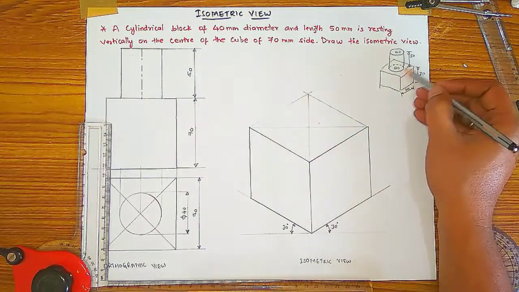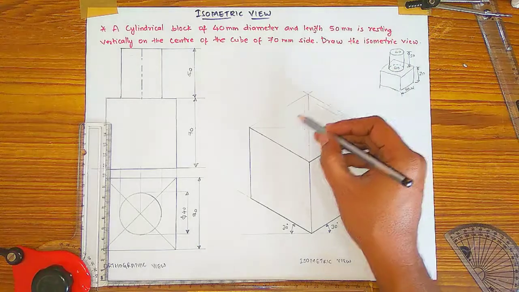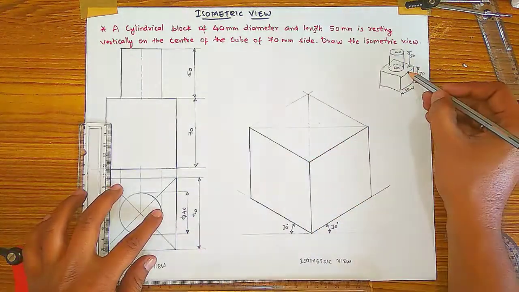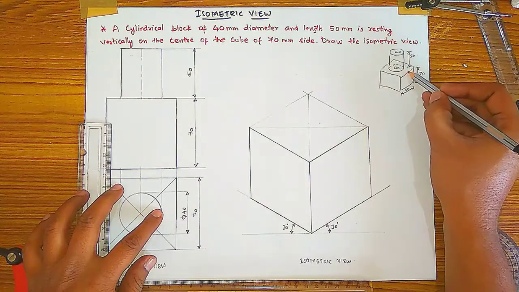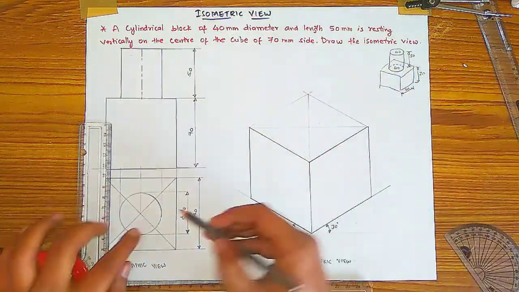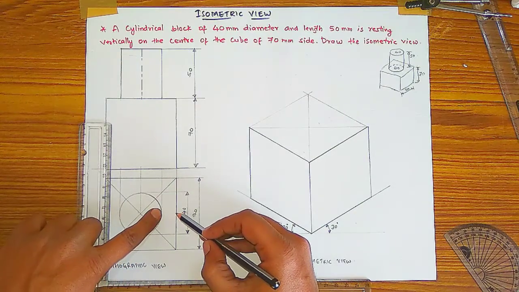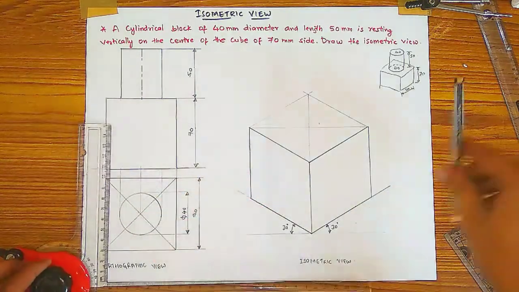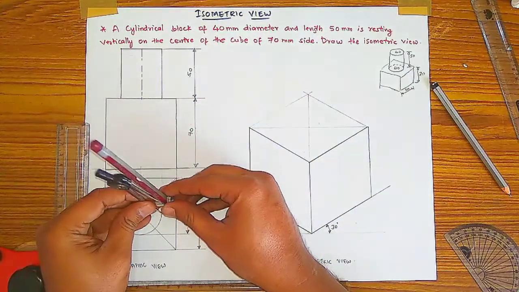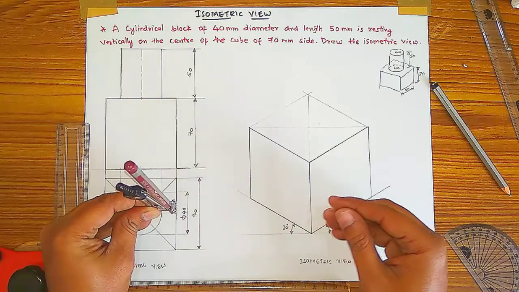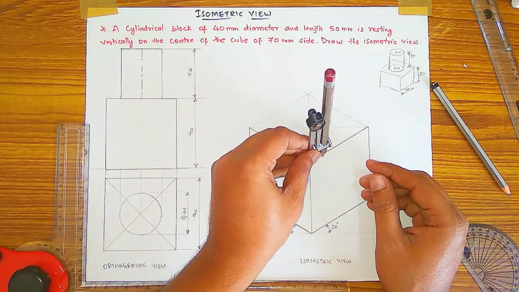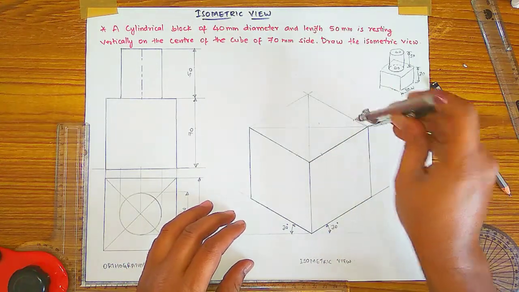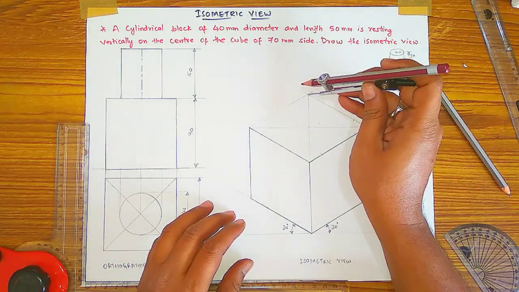On this cube only your cylinder is resting. The cylinder has a 40 mm diameter, centrally placed, so you have to draw a rhombus of 40 mm. You have a distance between this cube and cylinder, but how much we don't know. Here we have removed it according to the dimensions, and this distance will be the same on all these sides. So by taking the dimension of this distance on the divider, take the arcs on that rhombus you have created, then the 40 mm rhombus is automatically created by it.